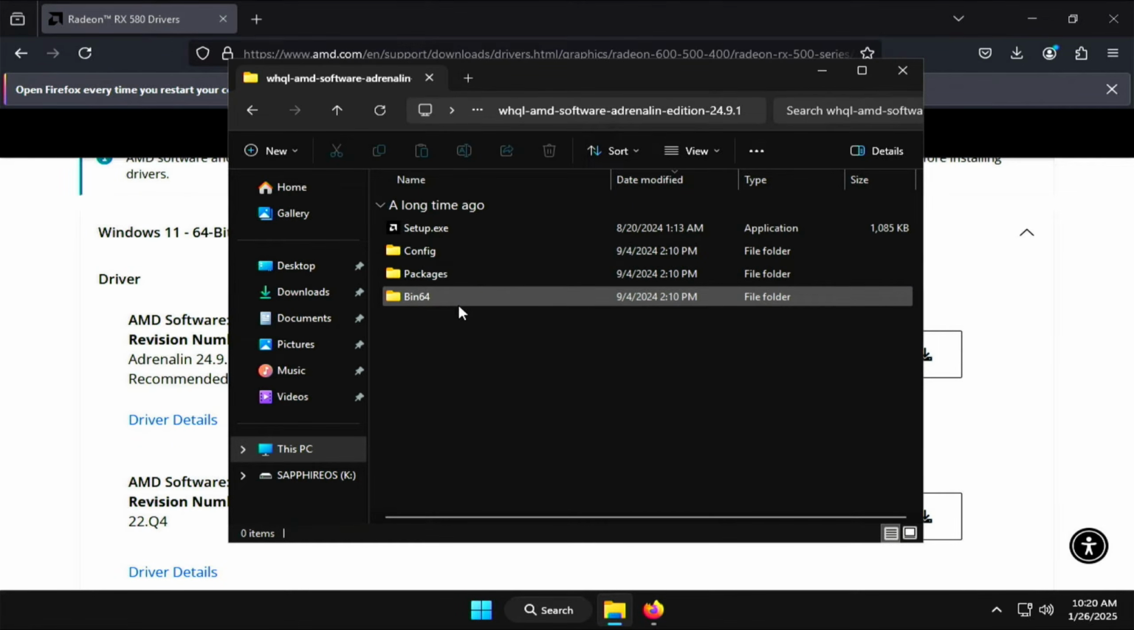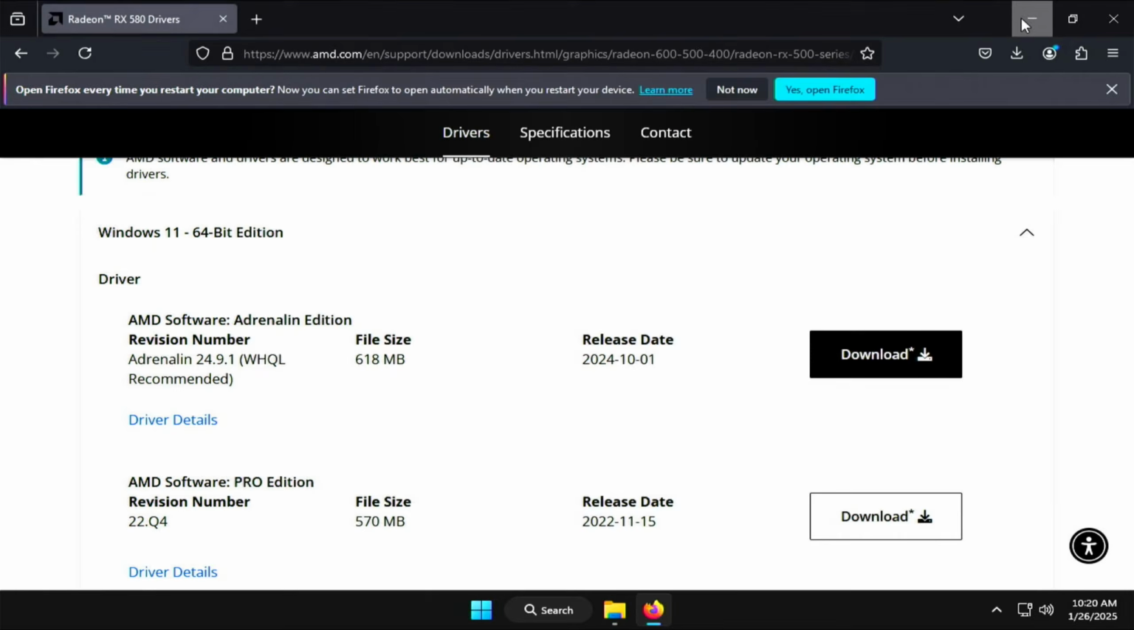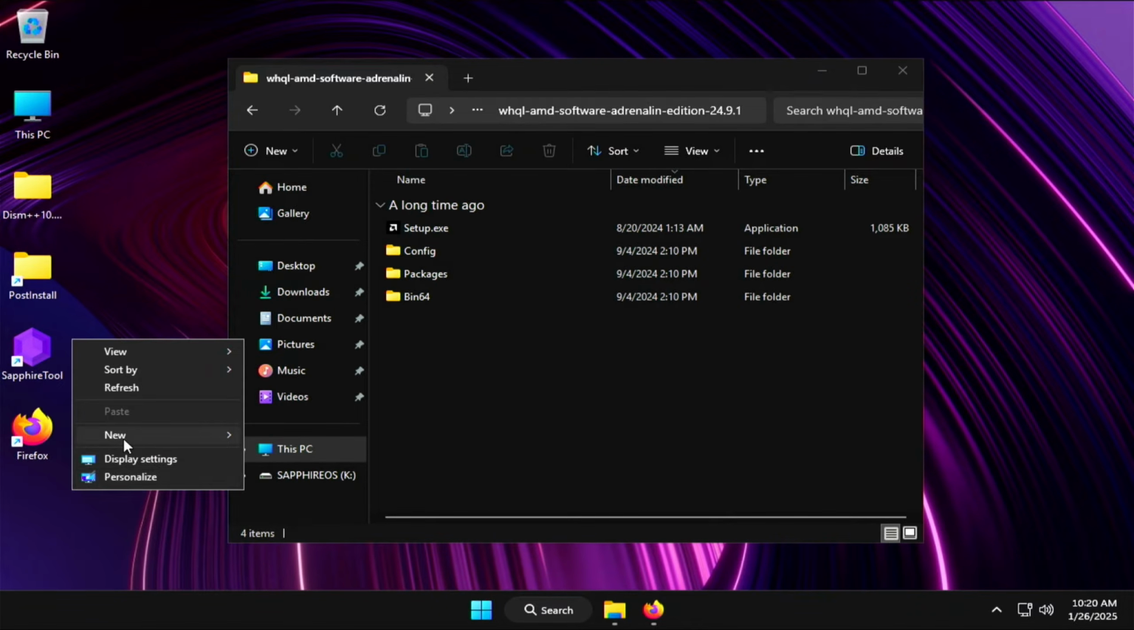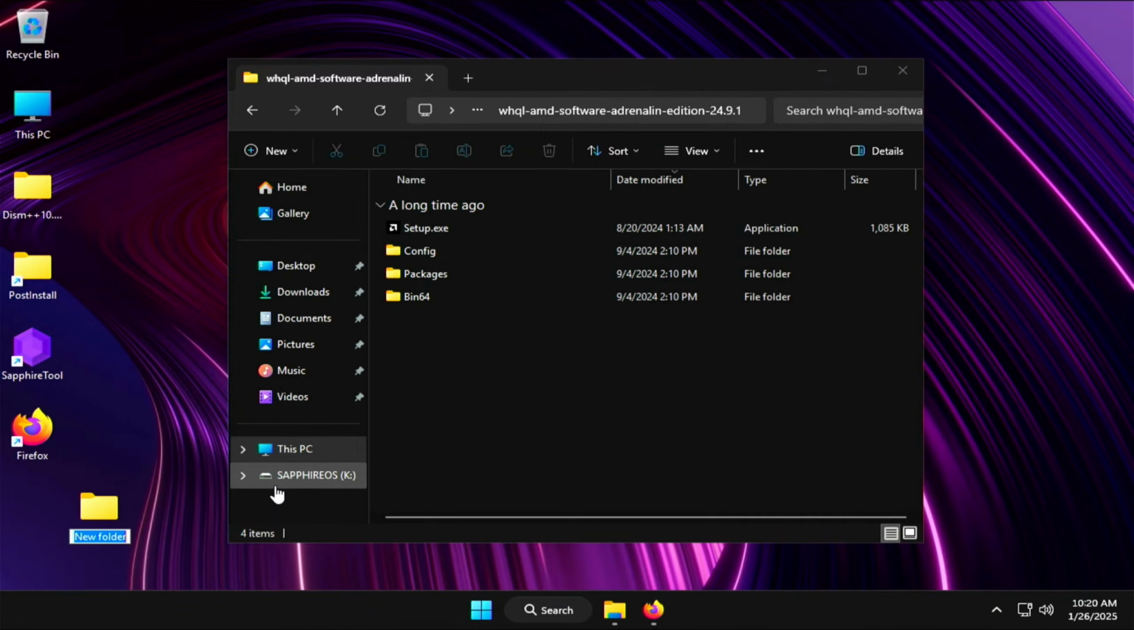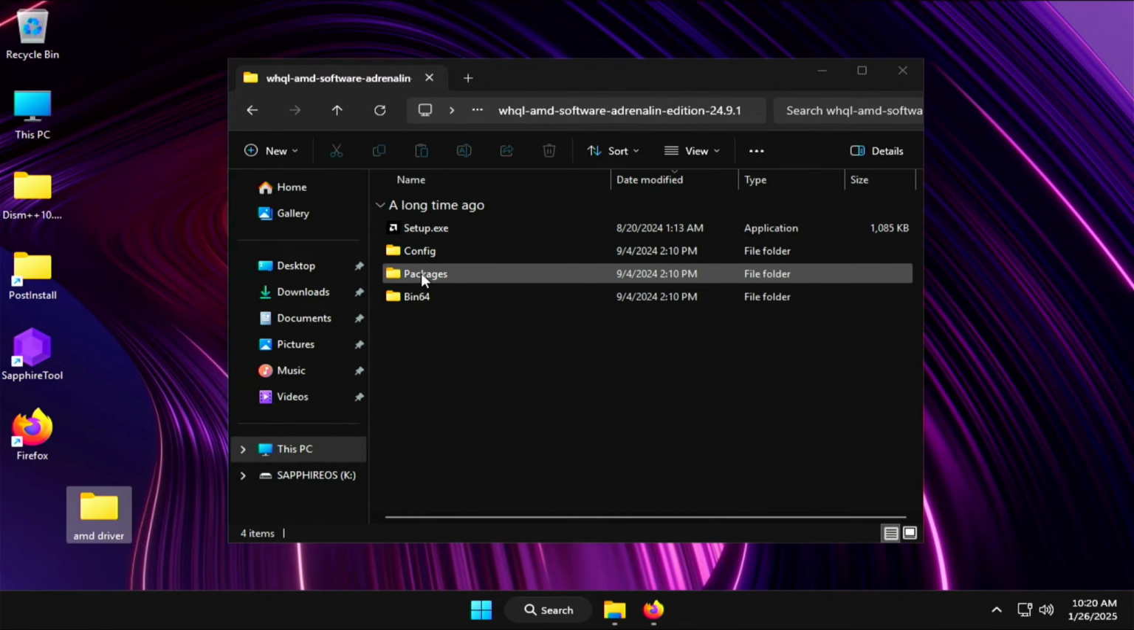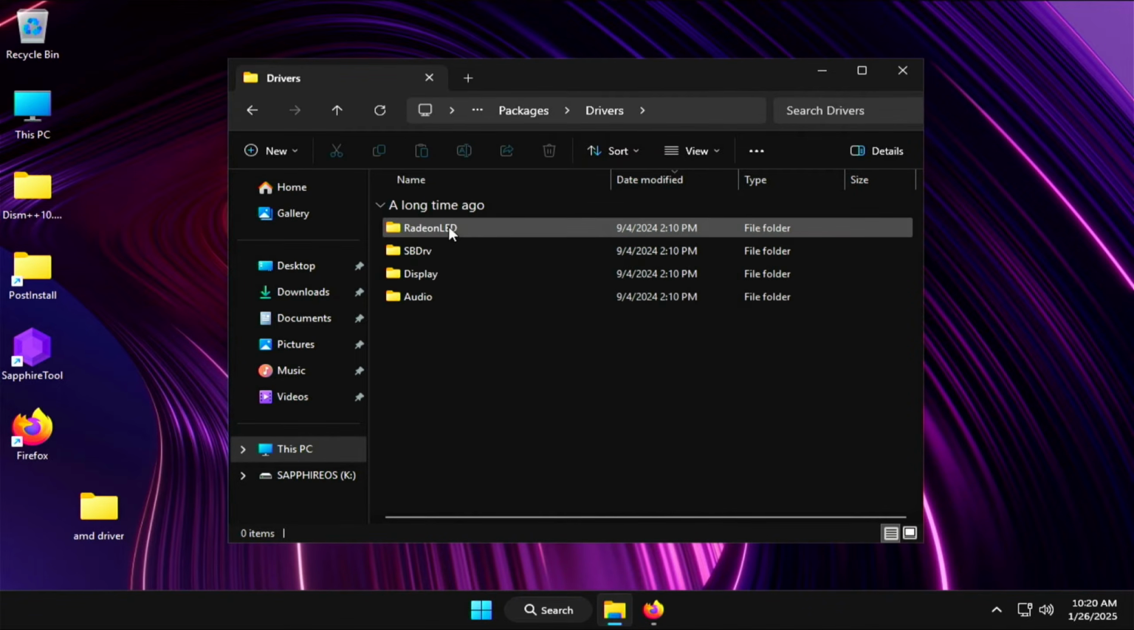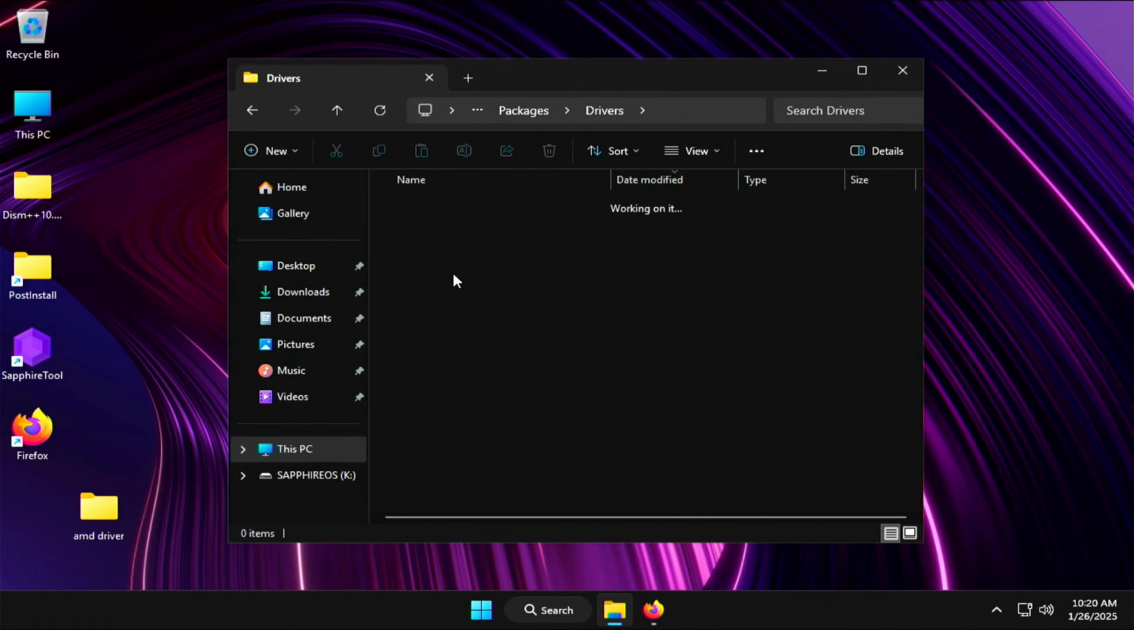From here, I'm going to open WHQL, minimize the browser, and create a new folder on my desktop. Now I'm going to call it AMD driver. That's not how you spell driver. From here on out, I'm going to click on Packages, Drivers, Display,